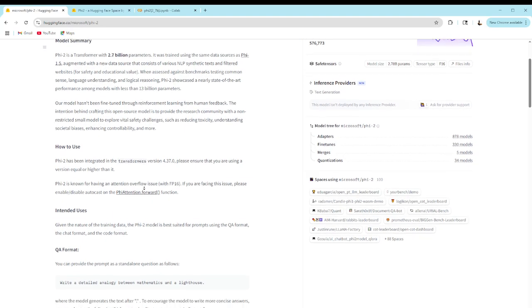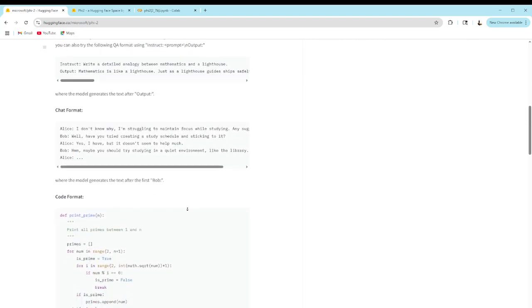There is some sample code in here that you might want to use if you want to try it out. You can just give it a question or something like that, and then it will give you an answer. I've had some trouble with it though. It's very good considering the limitations of it being 2.7 billion parameters instead of the hundreds of billions of parameters that something like ChatGPT would be.